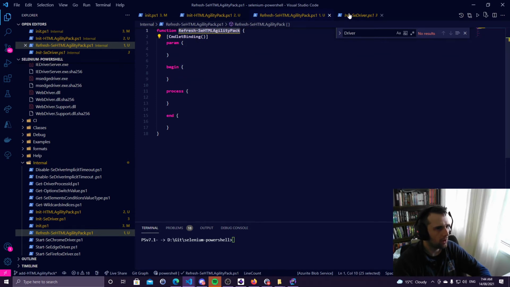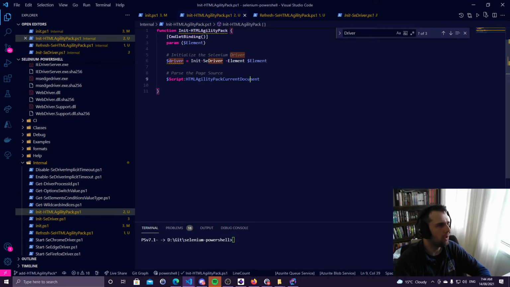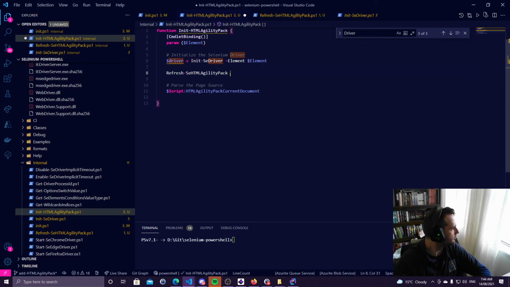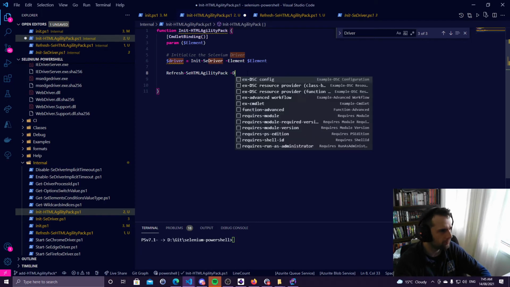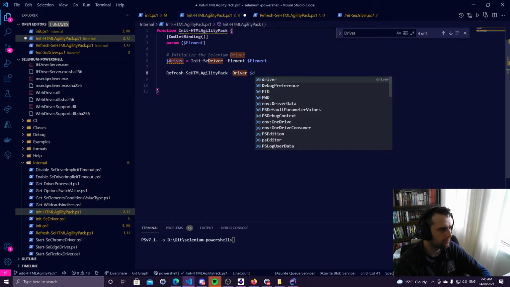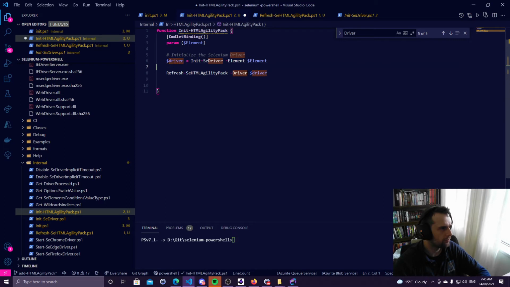Gonna effectively chuck that in there. And you can basically pass the driver in and that will refresh